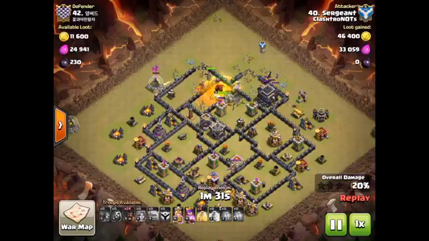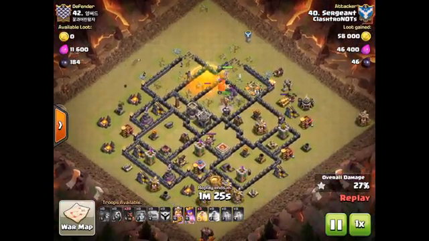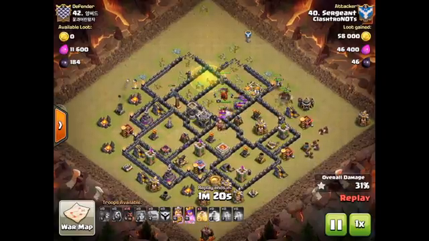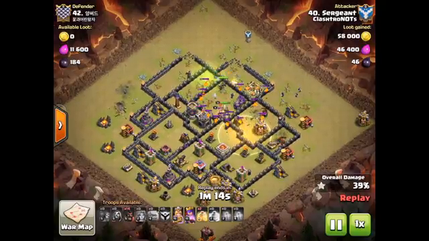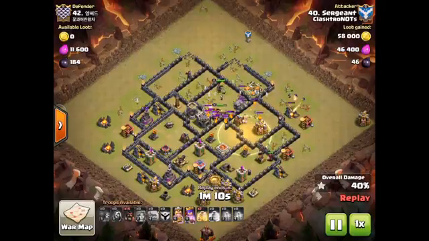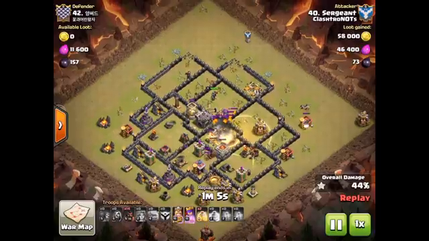So notice there's a Lava Hound in the defensive CC right here, so that's certainly very easy for a bulk attack. Still he decides to take care of the Hound and uses lots of wizards. Once the Archer Queen is down right here, he starts sprinkling in those Hawk Riders towards the right side. Very patient, because he doesn't know where the double giant bombs are yet, so he only places a few Hawks